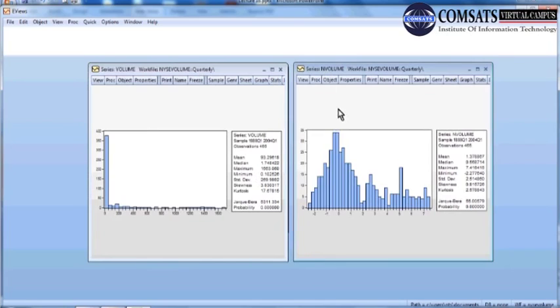After log transformation, the distribution has improved. Previously, without log transformation, this was the distribution, and this is after computing the new variable by applying log.